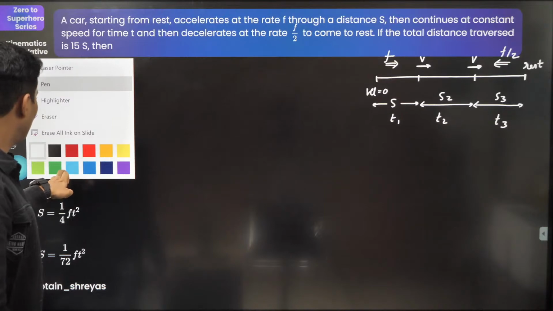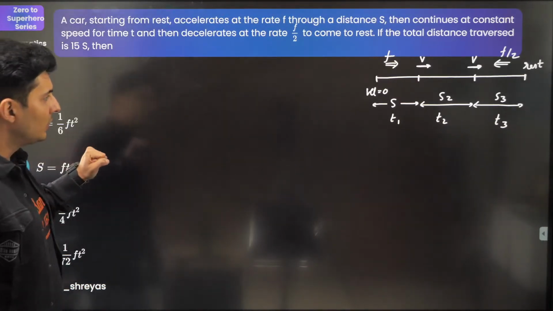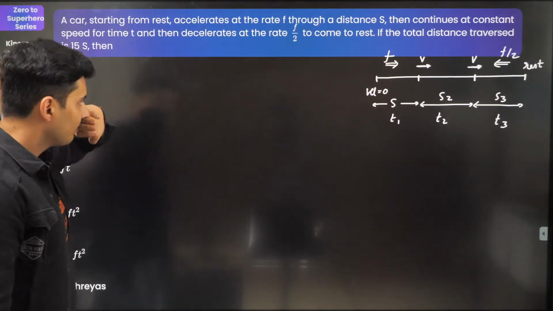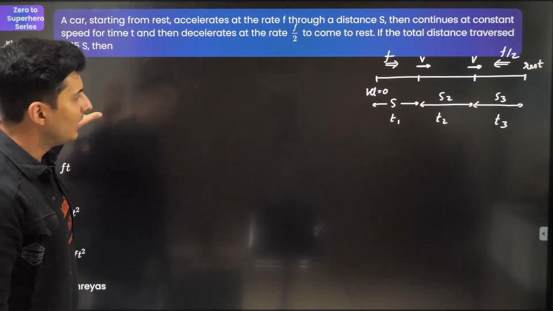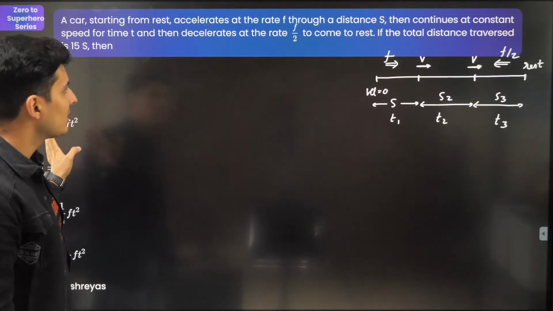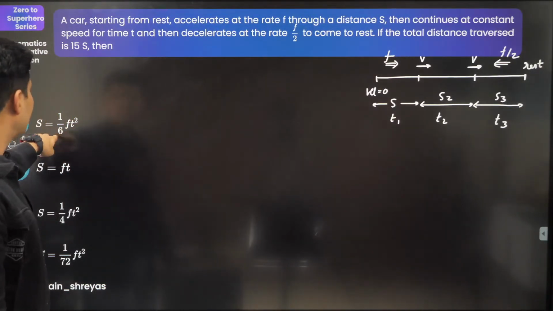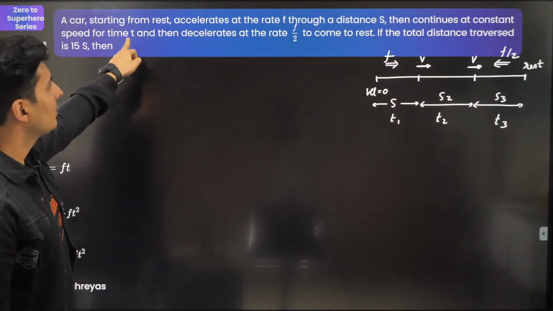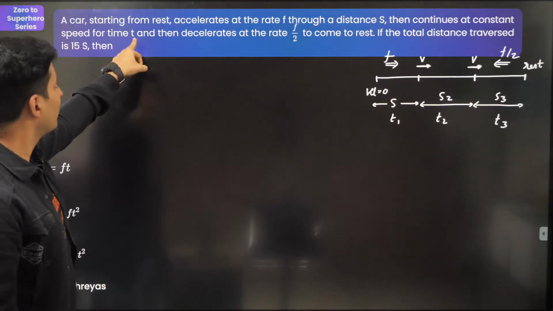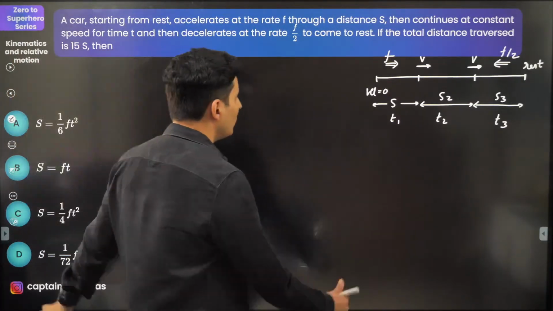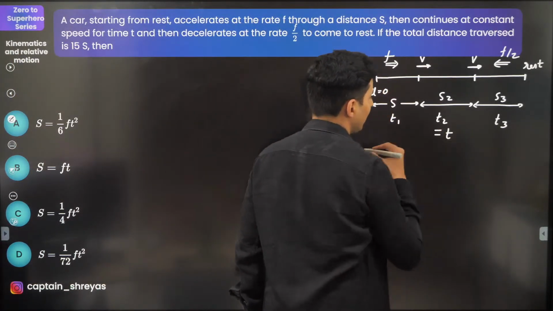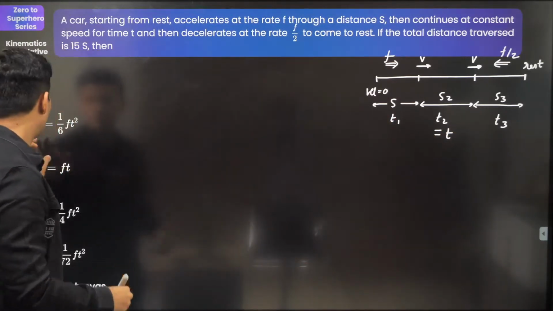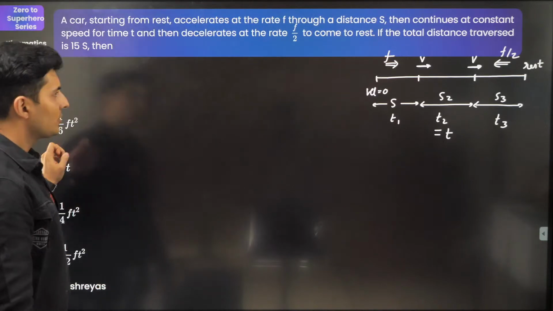First of all, let's see what all we can do. For this part, I think we need to find the relationship between the times and the displacement, because finally we want the answer in terms of only t, because the unit continues for a constant speed for a time t only. Oh, so T2 is basically t. So I think we need to find the relationship between all of them somehow or the other. Okay, let's try to do this question.